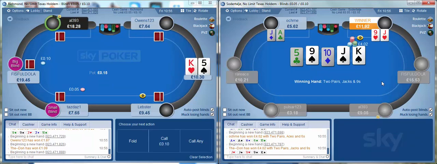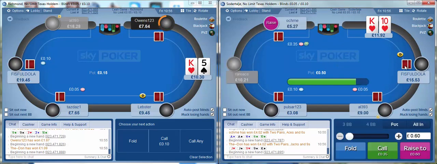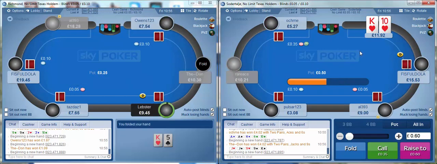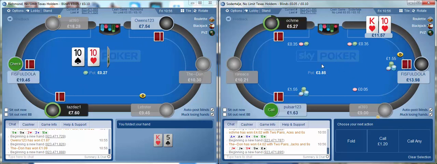So the point there against Occamy is I suspect he's going to be one of the weaker players. So I want him to myself. I don't want to share him with Fistful Dollar, or figured out how to say his name now, or Al too much. It's slightly different here when I decided to just flat call against his pot size open, because